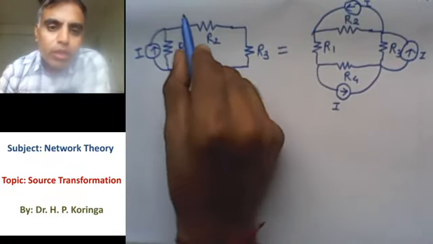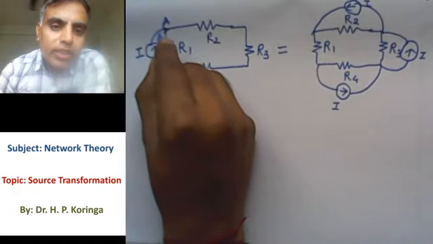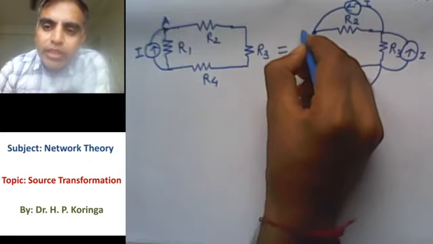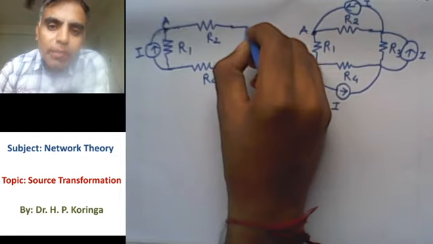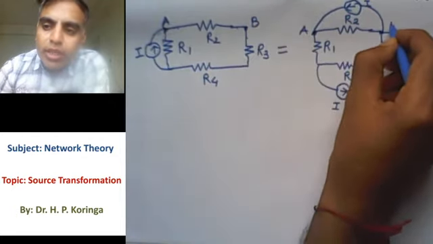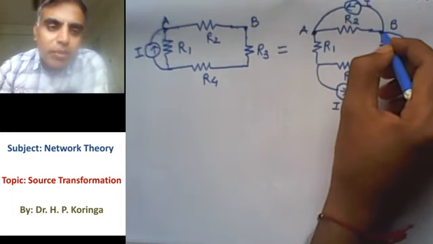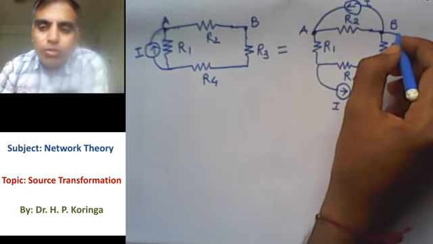How can we prove? If we check at node A, there are 3 currents, 1 I current incoming and 2 currents. Here also if we check node A, there are 3 currents, I current is incoming and 2 currents. If we check at node B, we have the 2 currents. Here at node B, we have 4 currents, but 1 I current is incoming and the same I current is outgoing, so it is cancelled, so the remaining resultant is only the 2 currents.